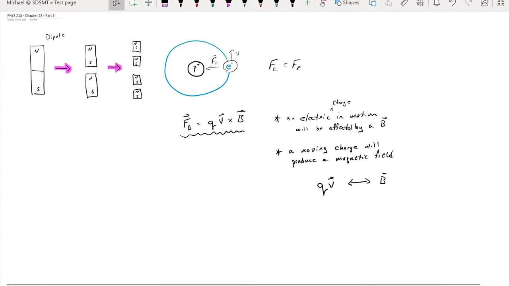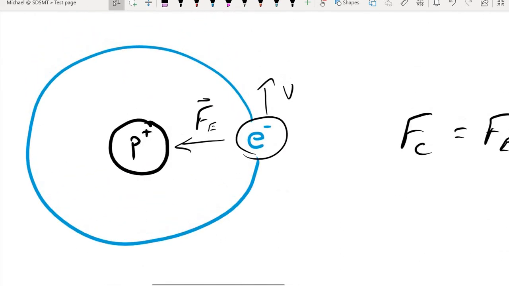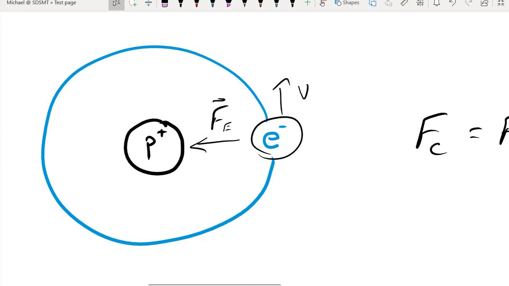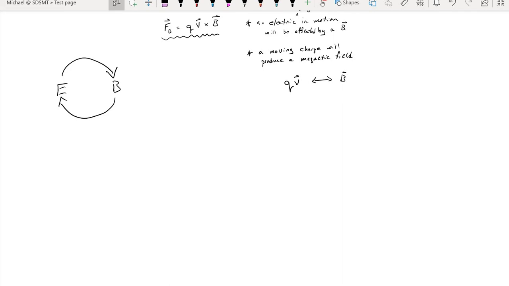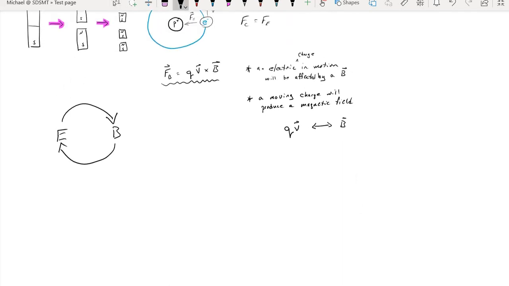And this is where I mentioned in a previous video that electric and magnetic phenomena are basically two sides of the same coin. We can have electric phenomena essentially affecting or producing magnetic phenomena. And then when we get into chapter 30, we'll talk about how certain magnetic phenomena will influence and create electric phenomena. So the two are very cyclic when it comes to their relationship. So back to that atom, we have our electron orbiting around this proton. As that electron orbits, it's moving, and more specifically, when a charge moves in a circular path, it will produce its magnetic field through the center